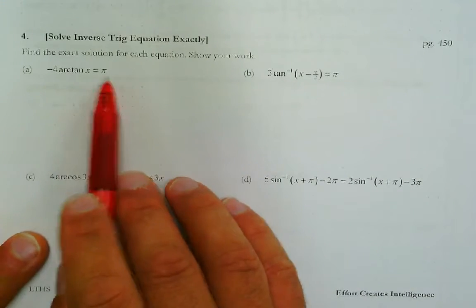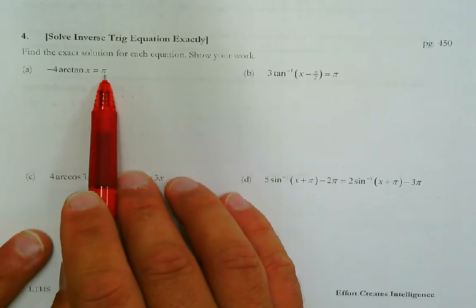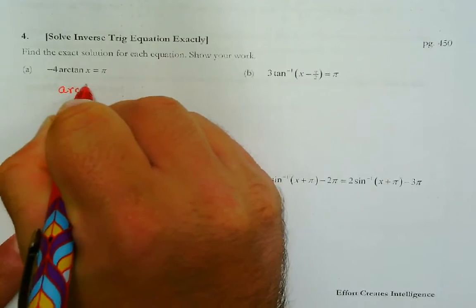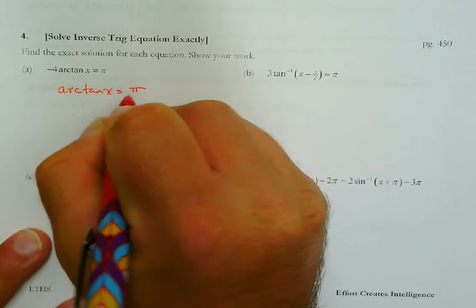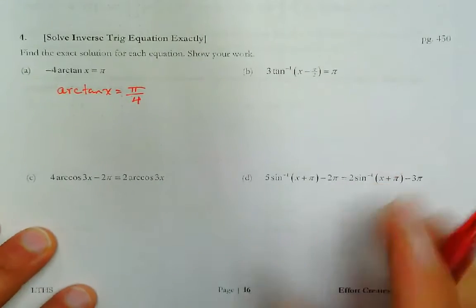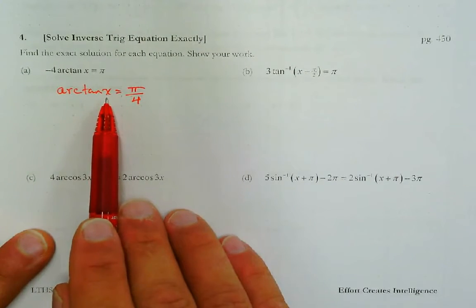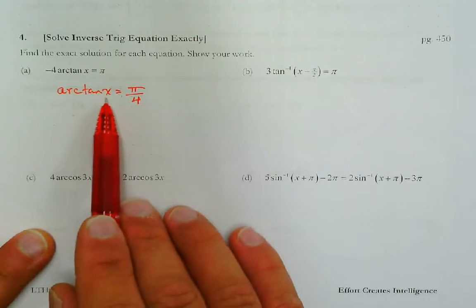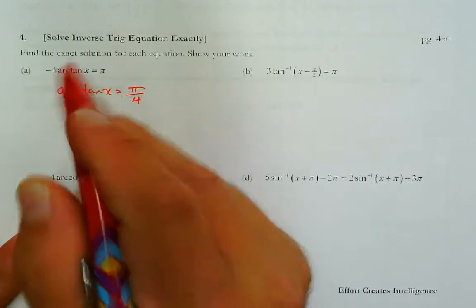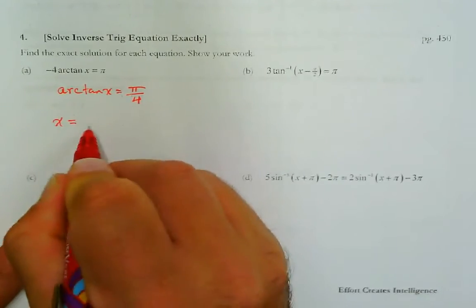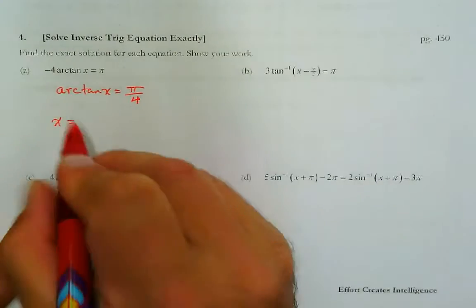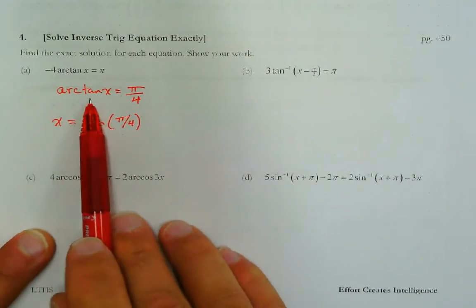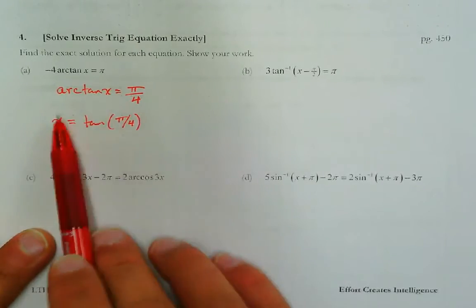Okay, so for this first one we have -4 arctangent of x equals pi over 4. Right, so if we divide by 4 to both sides, we have that the arctangent of x is equal to pi over 4, right? And now we can think about this as, hey, what angle, what is the ratio when the angle is pi over 4, right? That we can come over here and say x is going to be the tangent of pi over 4, right? That we can undo the arctangent by taking the tangent of both sides,